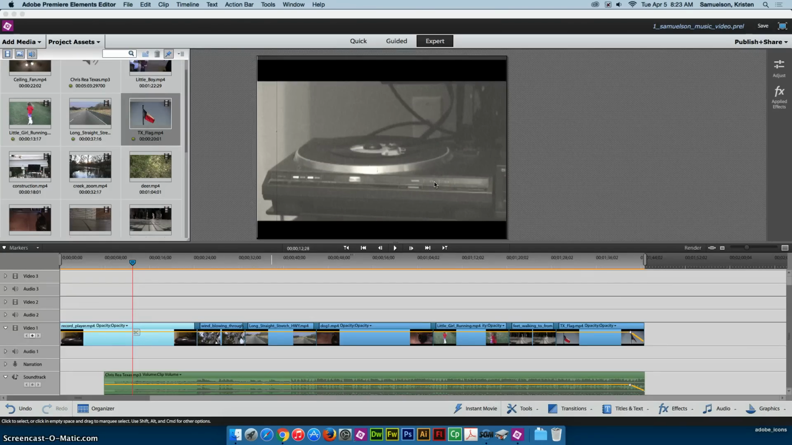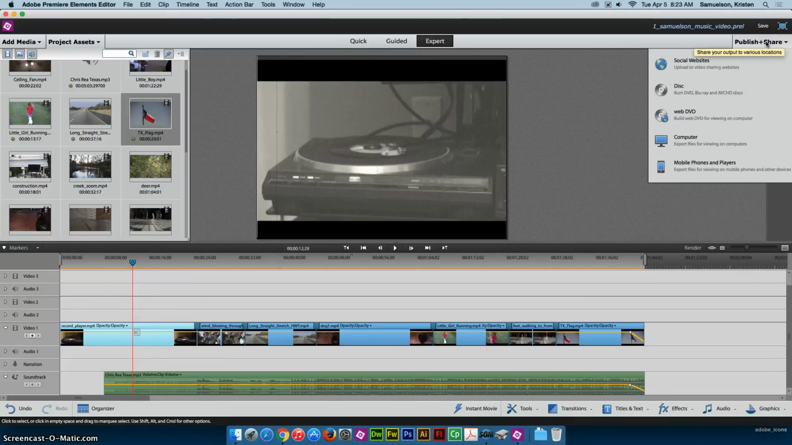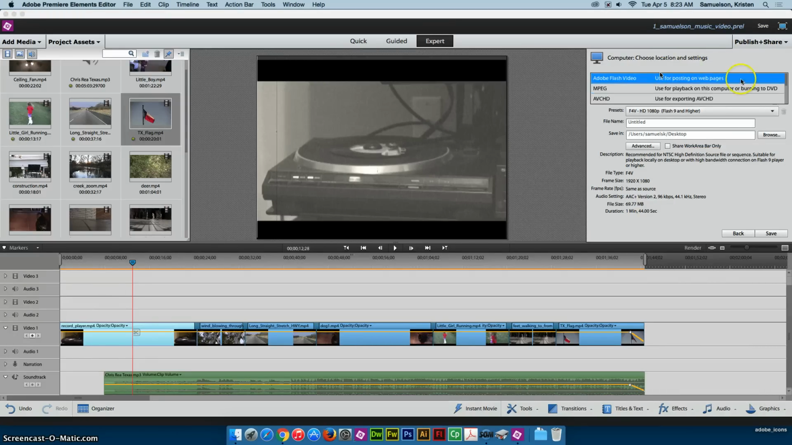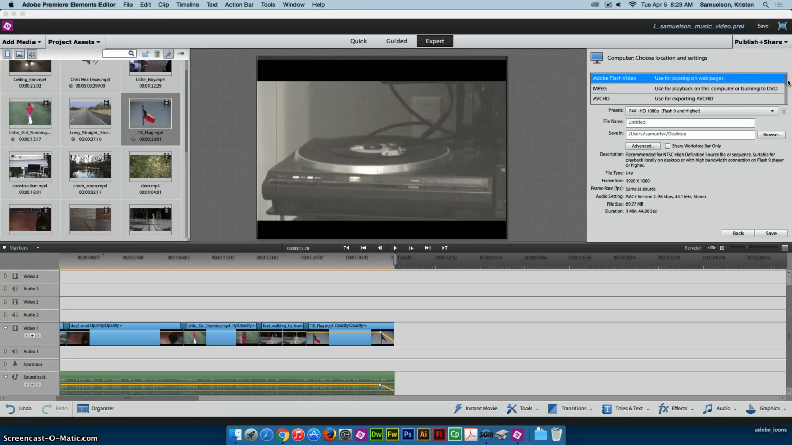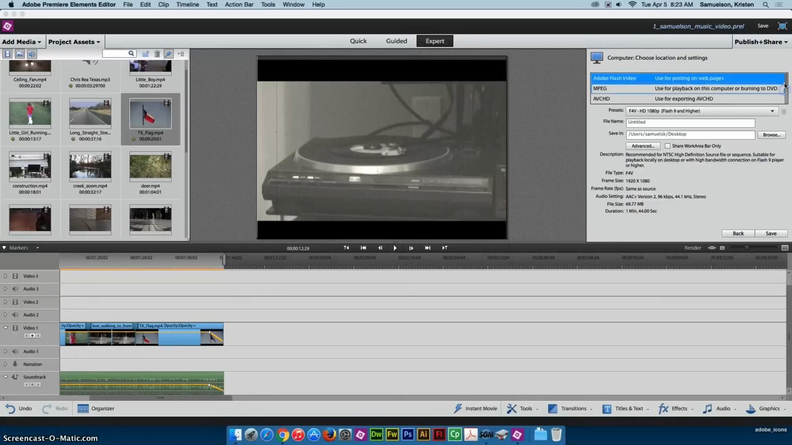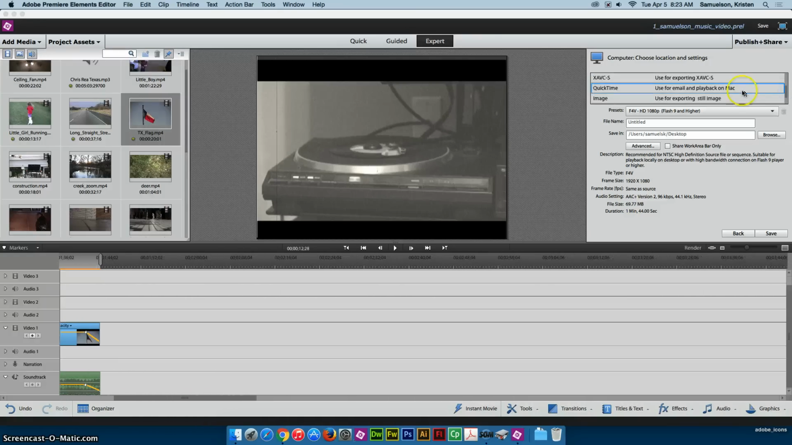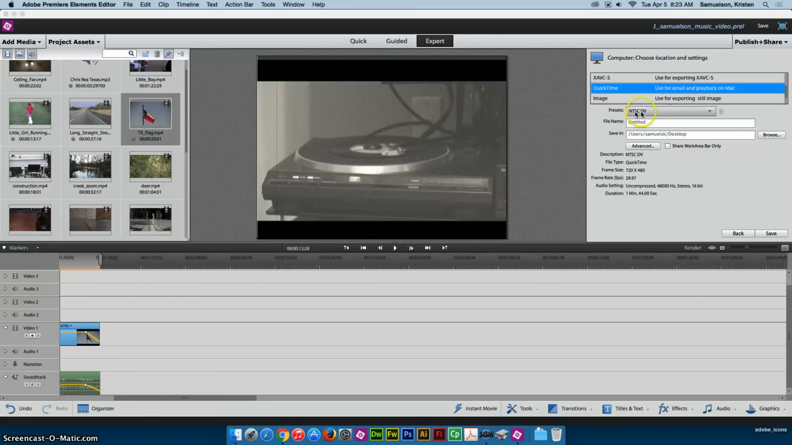Now, I'm not going to apply any other effects to any of the other clips, so now I'm ready to render this. I'm going to go to Publish and Share, Computer, and we want to get the best quality, and so I'm going to scroll down in this menu and choose QuickTime. Then from the presets, I'm going to choose this last one on the list, HD